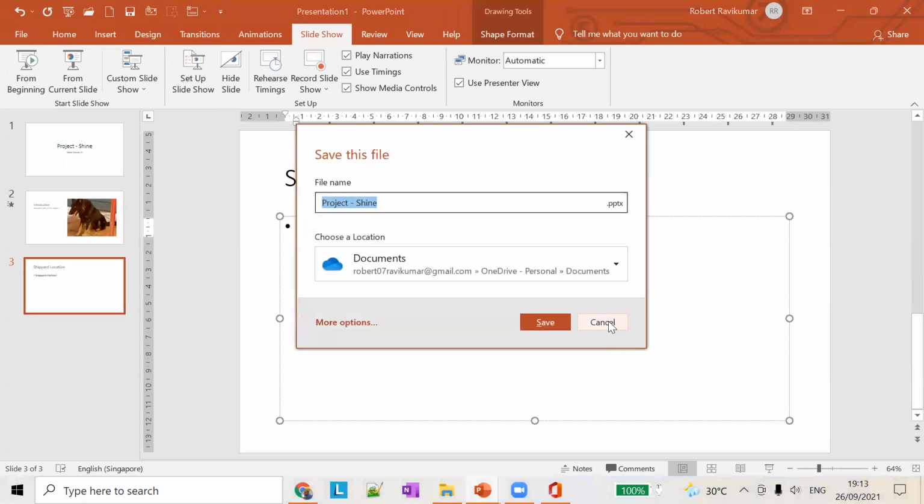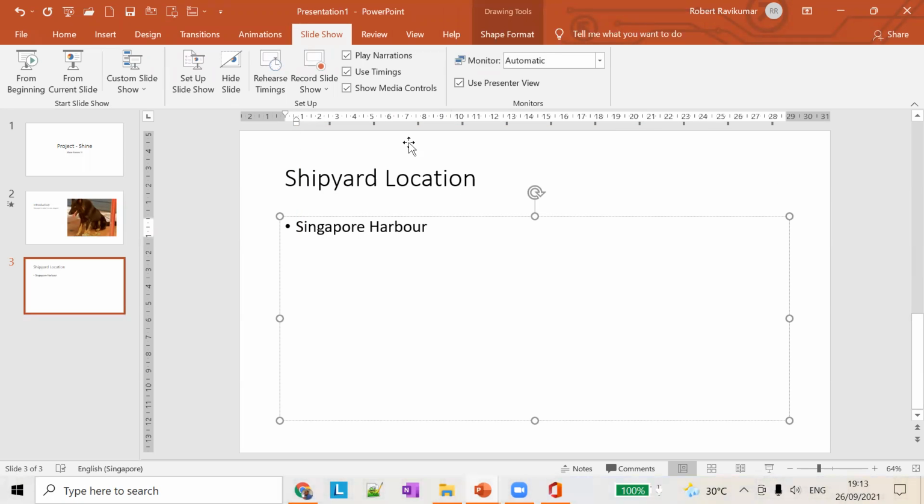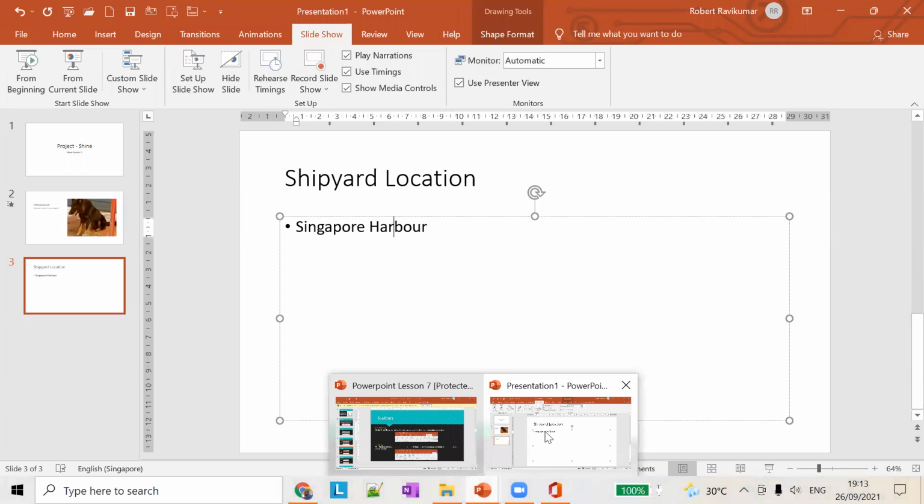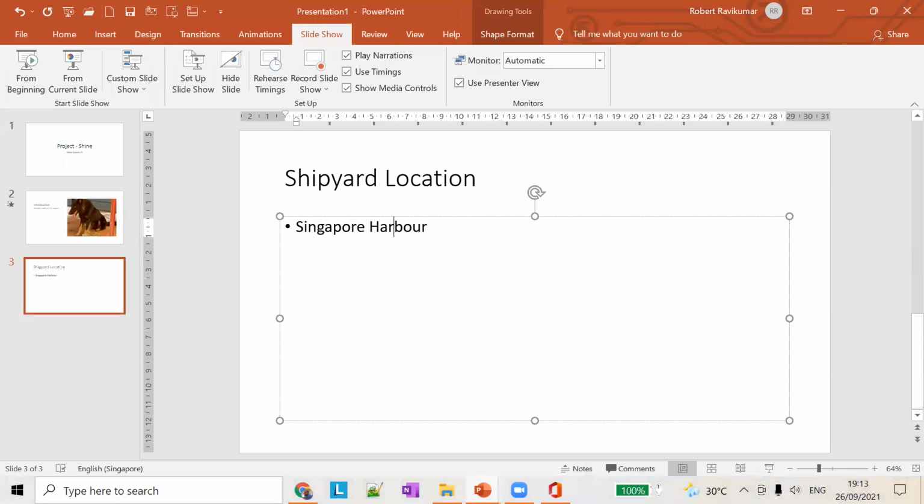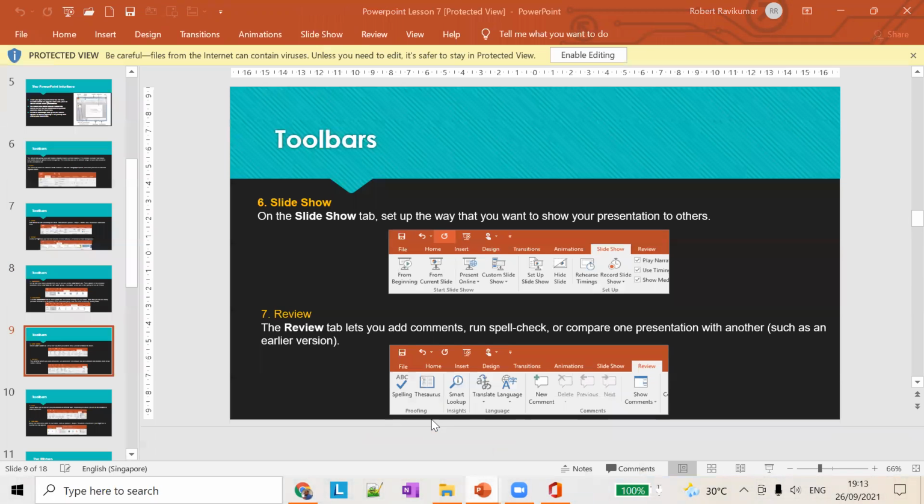So this is a function of the slideshow. It just controls how to progress through your slides with the slideshow menu here. Apart from that, what else we have?